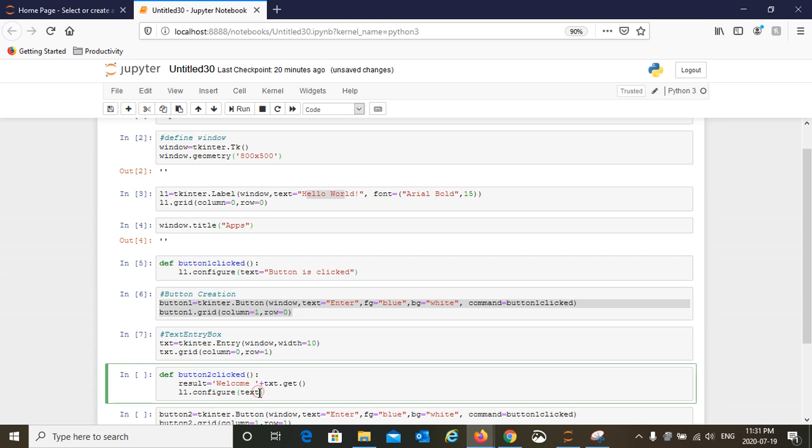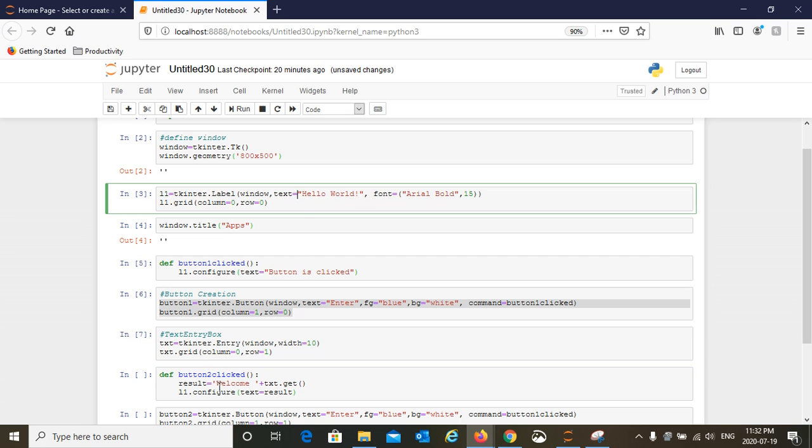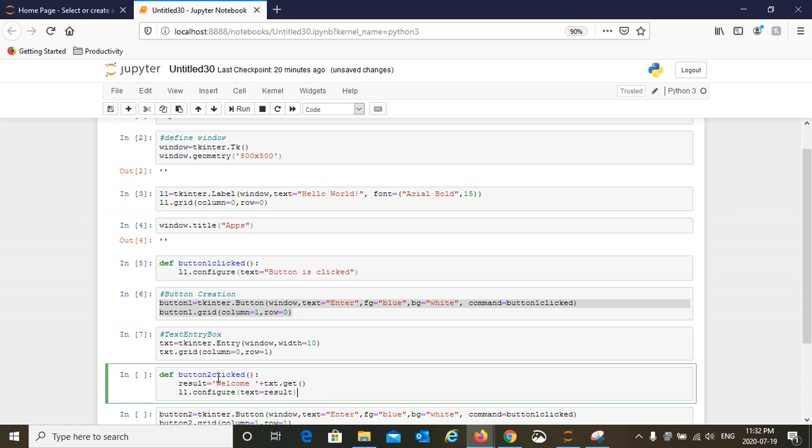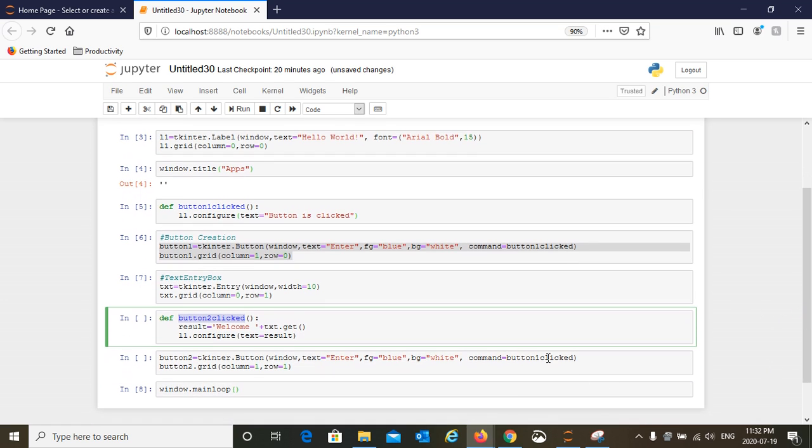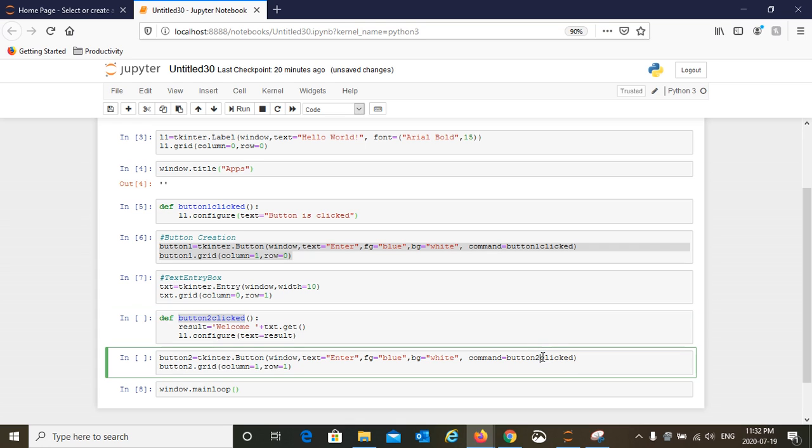And then we're going to say here text equal to this result. So this label is going to change with something called welcome and whatever you write in the text box. And then my button 2 command will change. It will be button 2 clicked, which is this function. And to avoid any confusion, I am going to call button 2 as submit.